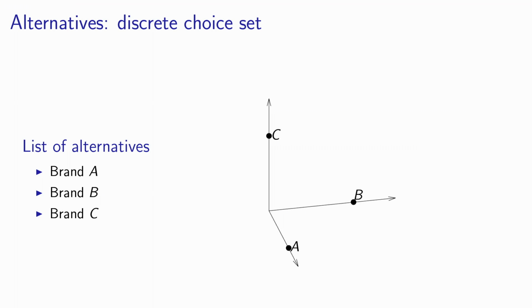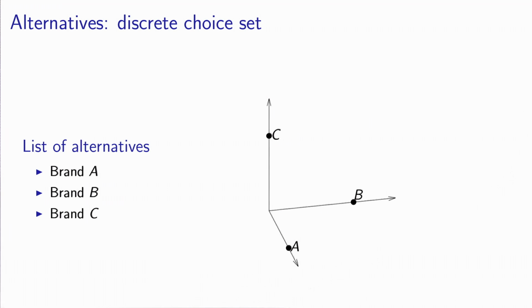So suppose that you want to purchase some item and you have to decide which brand you will purchase, and you can decide between brand A, brand B, brand C. Well, in this case, if I use the same representation of the choice set as I did in the previous slide, each of the axes is associated with one of the brands, but now the only decision that I can make is 0, I don't buy this brand, or 1, I buy this brand.